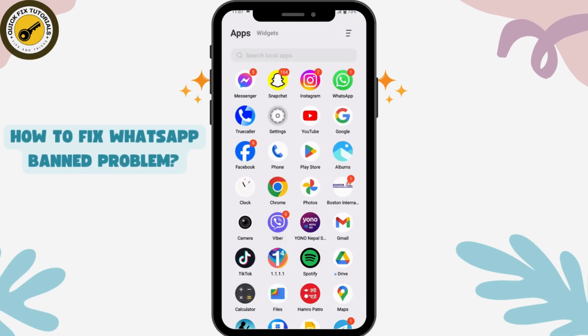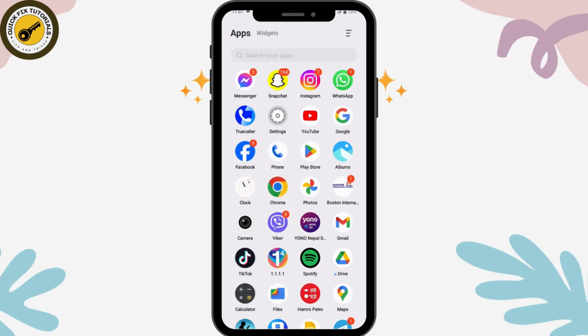How to fix WhatsApp ban problem. So if you want to fix your WhatsApp ban problem, then first open up your WhatsApp application